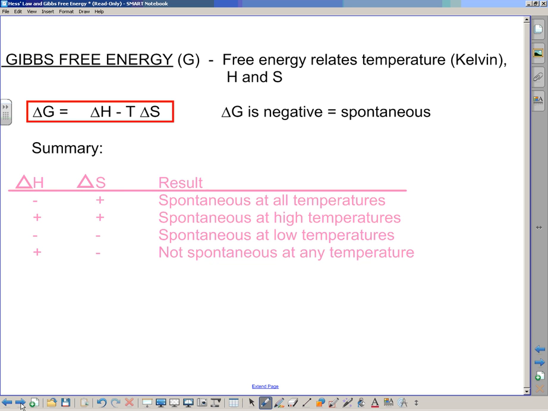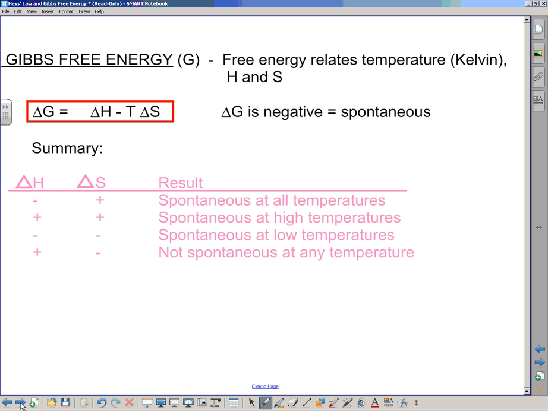So we have the change in enthalpy, delta H, minus the temperature. The temperature must be in Kelvin. We need temperature to always be positive for the relationship to work. Then we have delta S, which is entropy, the randomness or disorder that we just discussed. When we take those values, multiply the T and the delta S together, and then subtract those from delta H, we get a value. If that value is negative,